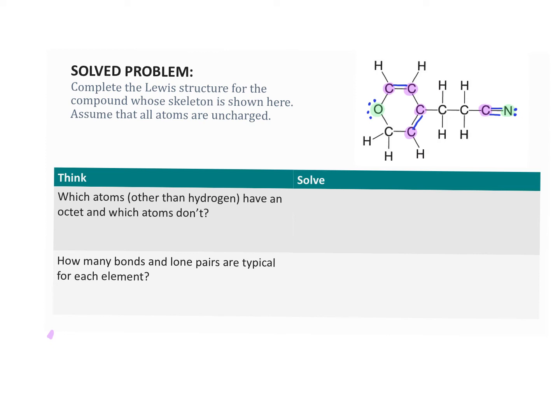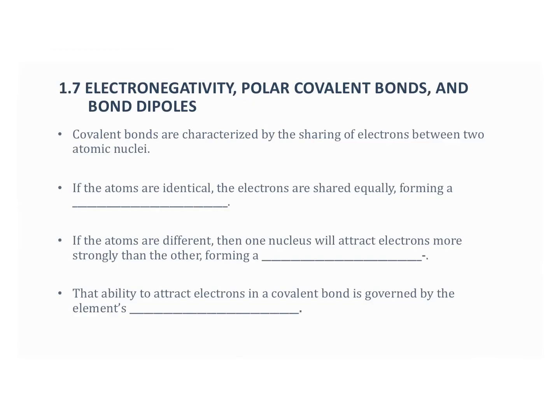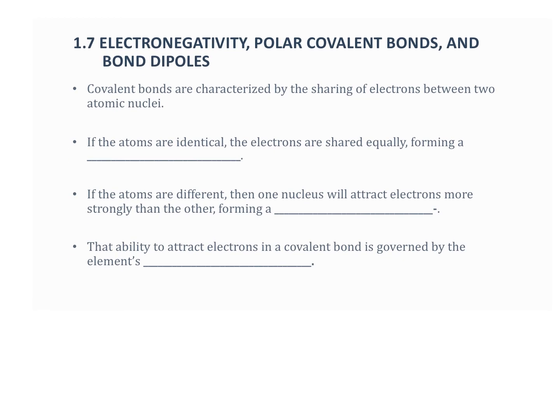Now, we've talked a lot about covalent bonds, and these covalent bonds are really characterized by the sharing of electrons between 2 atomic nuclei. And we know from general chemistry that we can have 2 types of covalent bonds. We can have nonpolar covalent bonds and polar covalent bonds. And we want to review those now. So if the atoms are identical, then the electrons are shared equally, and that forms a nonpolar covalent